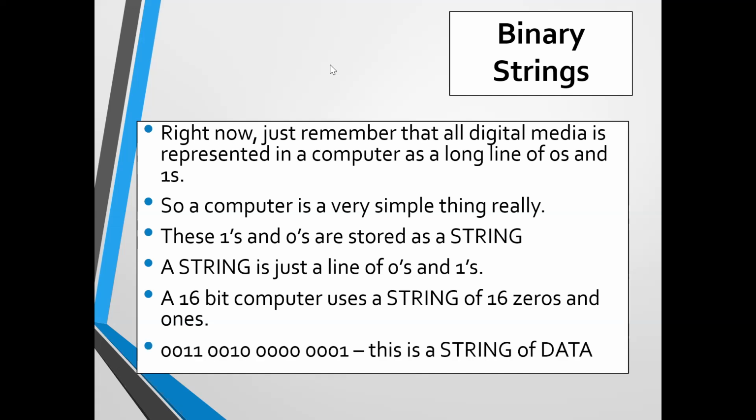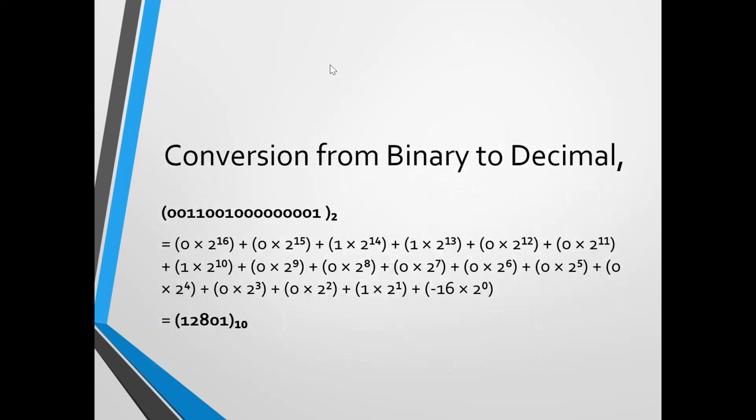An example is what we have here: 0, 0, 1, 1, 0, 0, 1, 0, 4 zeros, 3 zeros, and 1. This is a string of data. And every 4 of them represent a number, so they usually split them into groups of 4. So as a 16 block, that is one string made up of 16 of them. To get to know their corresponding numbers, we always change them back from binary